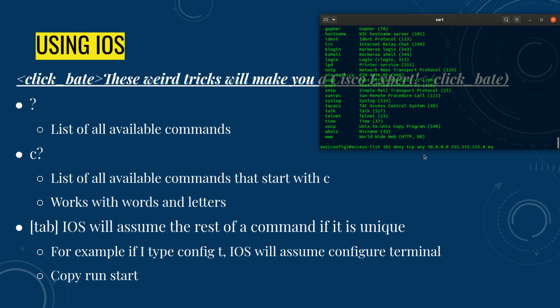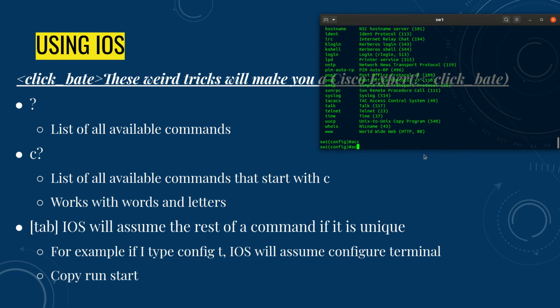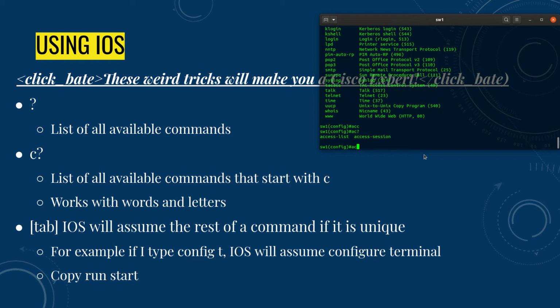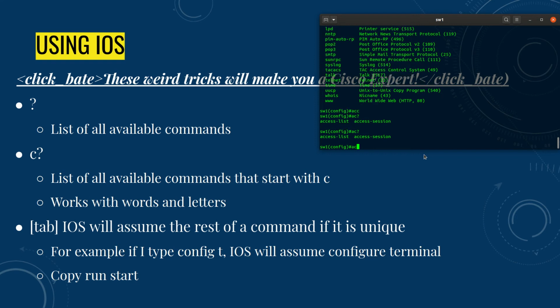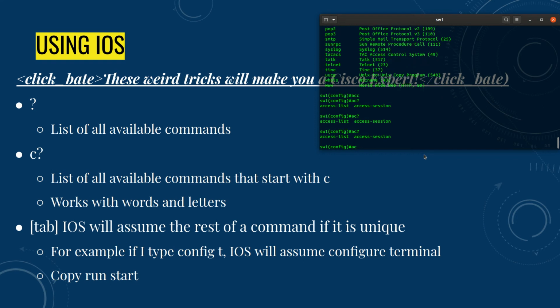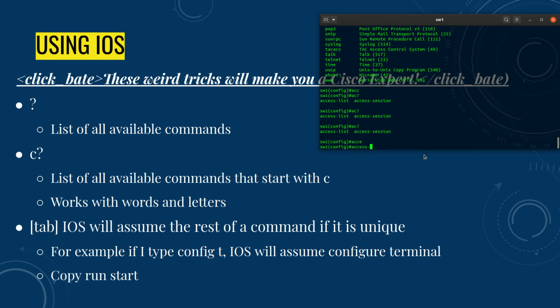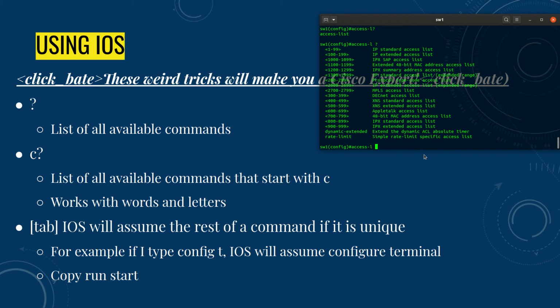So, anyway, point is, that's what that's there for. Okay, is the question mark. No one expects you to memorize everything all the time. So remember the question mark. If you put it right after a word, it's going to sit there and give you all the possibilities, like AC. Once I do, I'm going to access and then put an L. Access list. I can go to the next. If I put a space after it, then it's going to let me know what the next